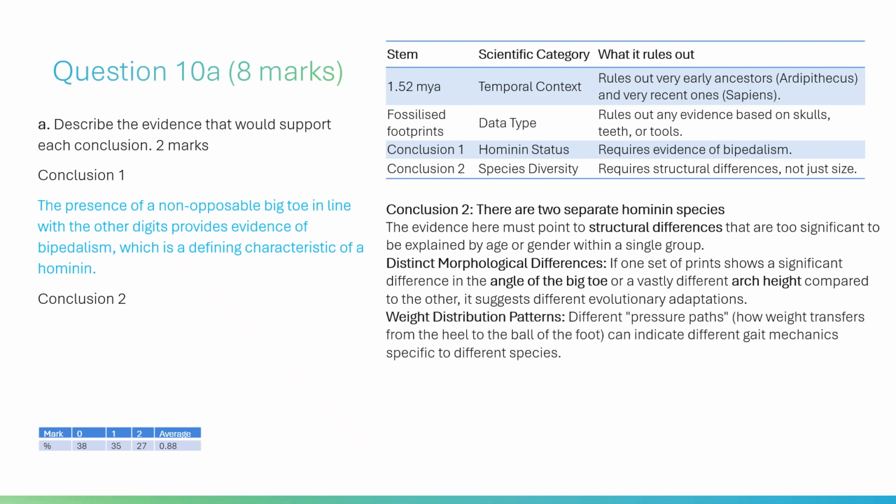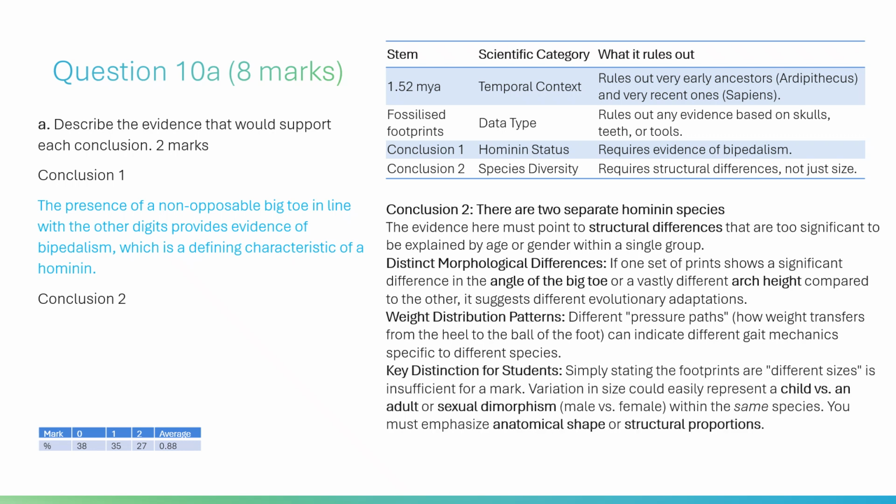Weight distribution patterns. Different pressure paths, how weight transfers from the heel to the ball of the foot, can indicate different gait mechanics specific to different species. Key distinction for students. Simply stating the footprints are different sizes is insufficient for a mark. Variation in size could easily represent a child versus an adult, or sexual dimorphism, male versus female, within the same